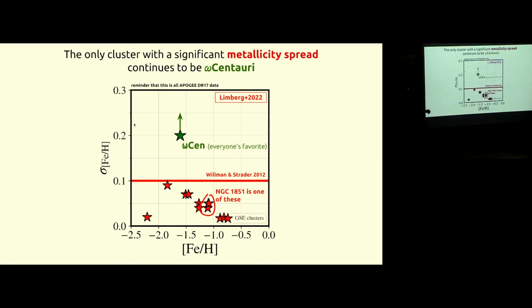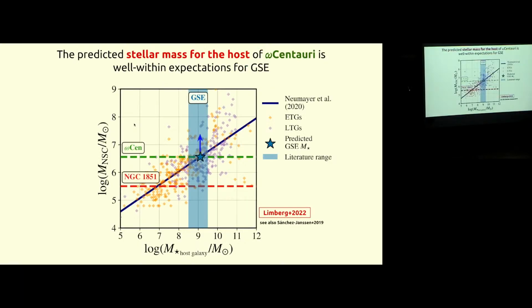Right here, we have things that have very low metallicity dispersion. So they have different metallicities, but by a tiny bit. And this is basically within the uncertainties that we have in these metallicities. However, this is not the case for ωCentauri. ωCentauri really has a humongous metallicity dispersion that is typical of what you expect for nuclear star clusters. So there we go.